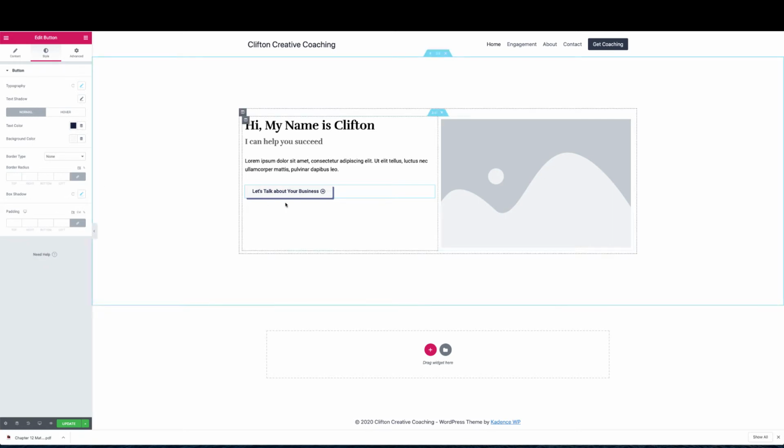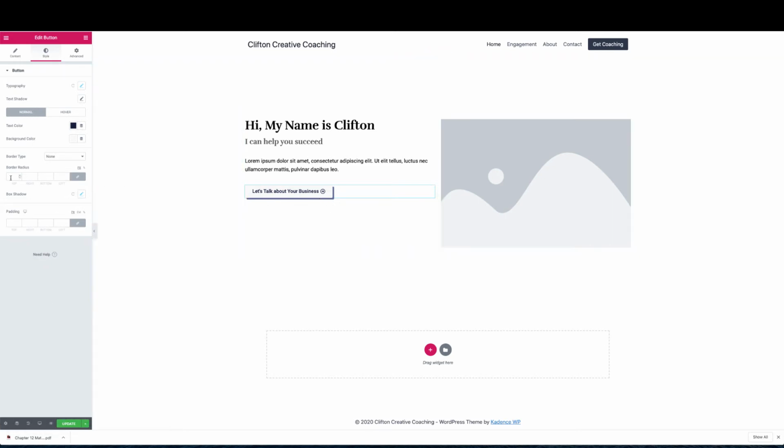There seems to be a radius around this button. So I don't want that. I want it to be hard corners. So we'll make that a 0 under the border radius. And now we have a nice button. Okay, I'm gonna go ahead and update to save my work,